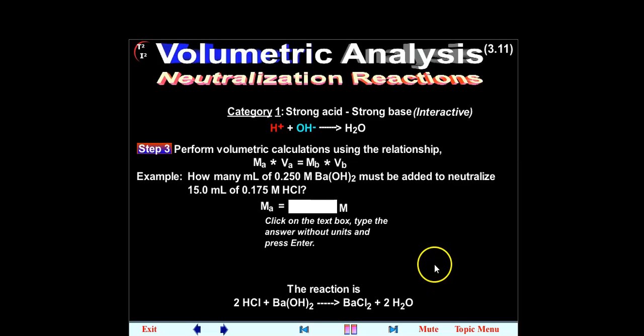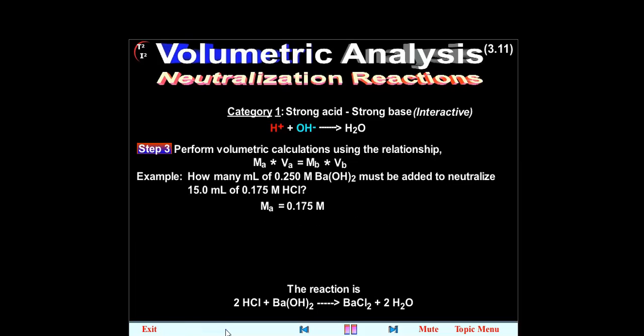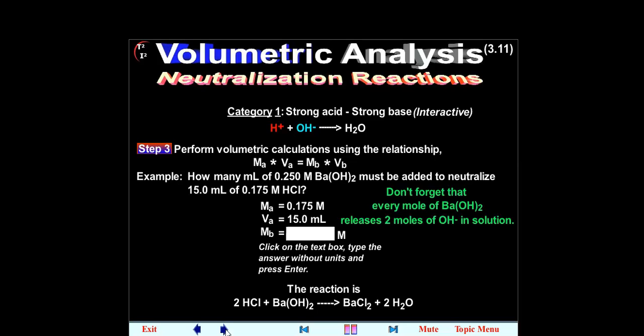Ma equals 0.175 molar. Va equals 15.0 milliliters. Mb equals